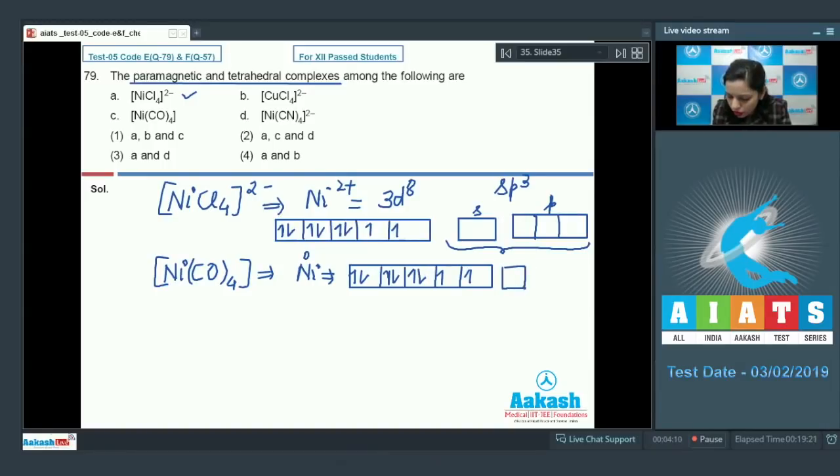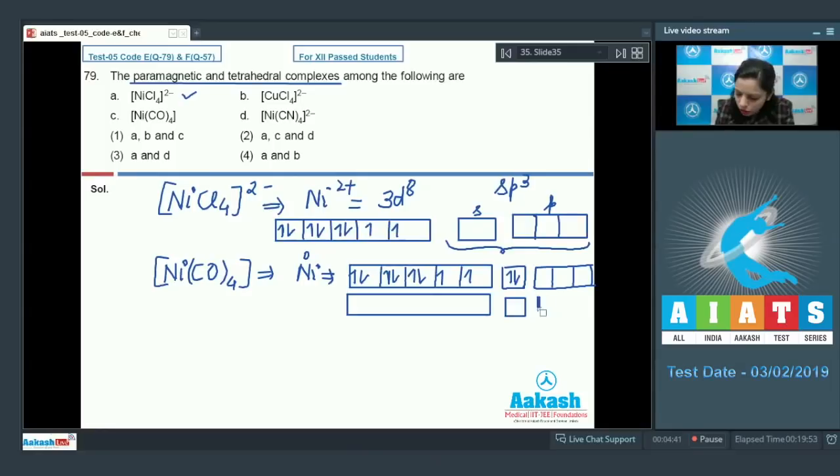4s2, I'm just drawing here. There are 2 electrons, and an empty p orbital is available in this case, in this way. Now what happened here? When carbonyl comes in contact with nickel, there would be the pairing of d electrons, and further what will happen? This electron pair which is present in the s orbital will also come here, and ultimately it will result in